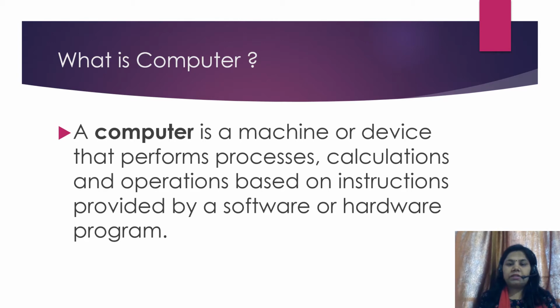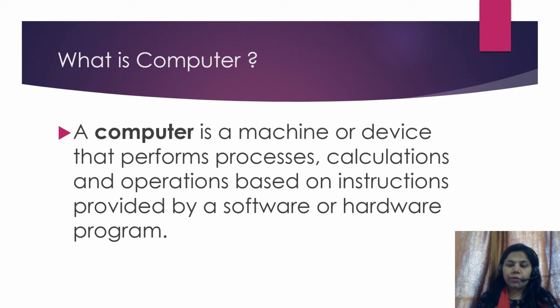A computer is a machine or a device that performs processes, calculations and operations based on the instructions provided by a software or hardware program. So if someone asks you what is a computer, you say that a computer is an electronic machine. Yes, it is an electronic machine, but how is it helpful to us? It is helpful to us in many ways. It processes calculations and does all the operations on the basis of the instructions which we are giving